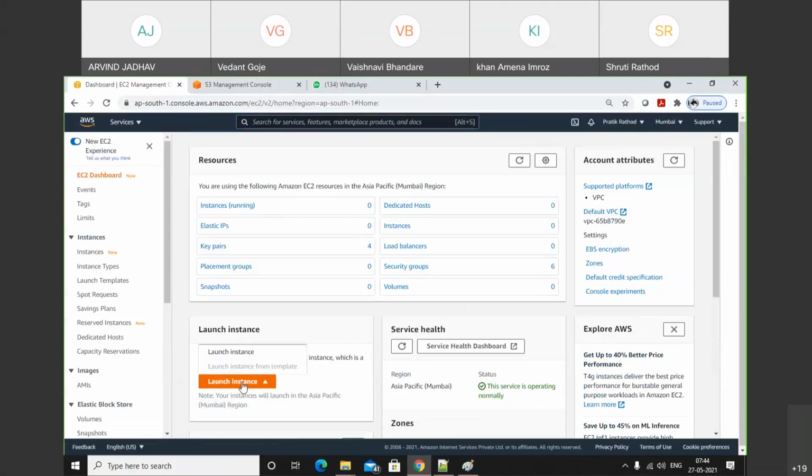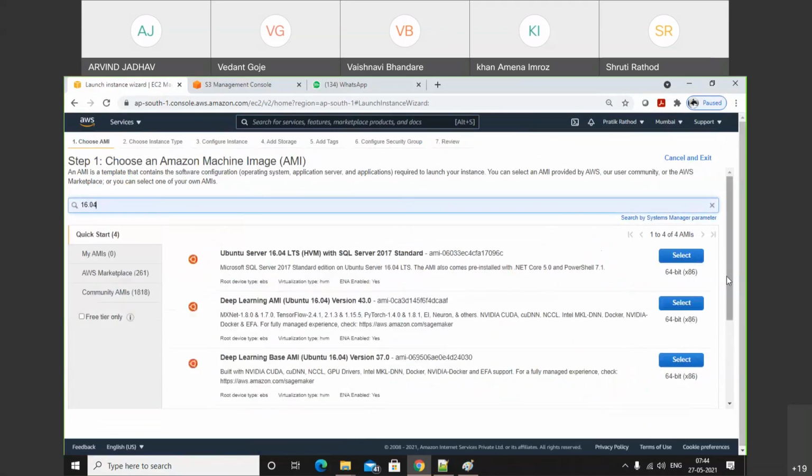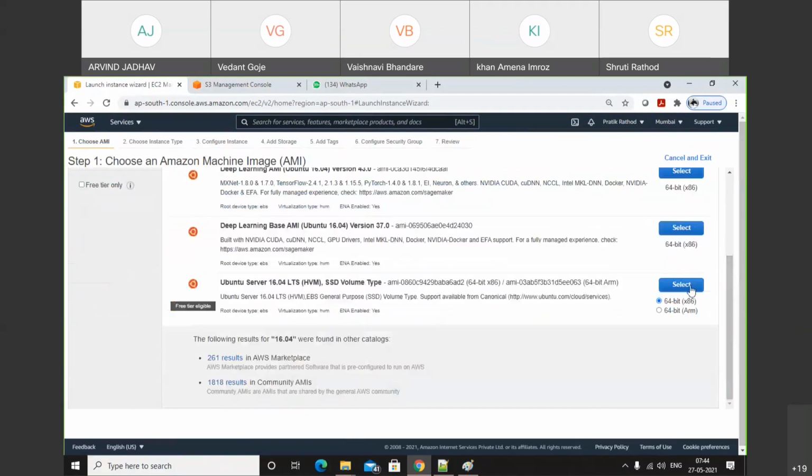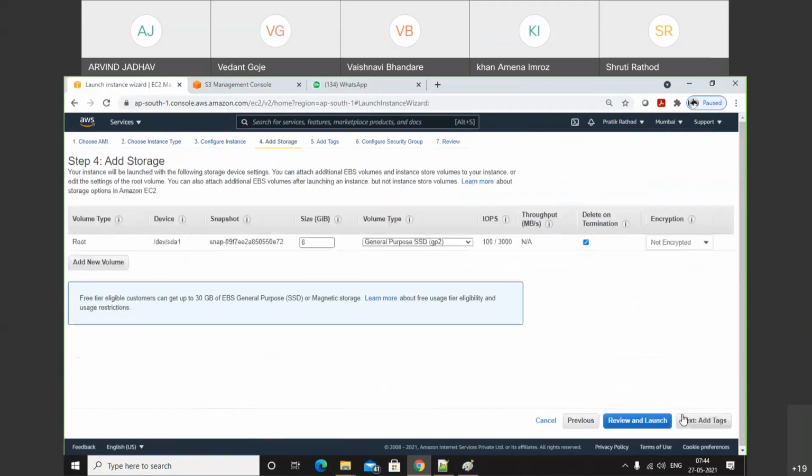Click here to launch. Type Ubuntu. Click on select. Click next, next.